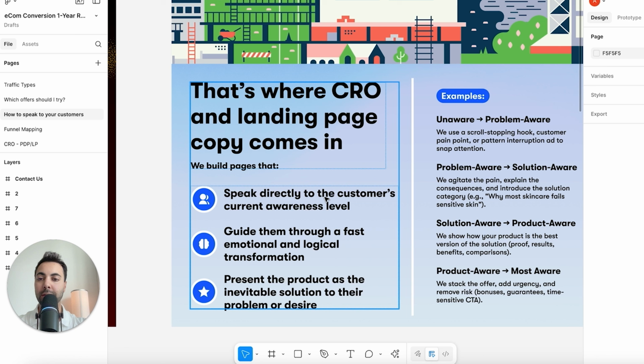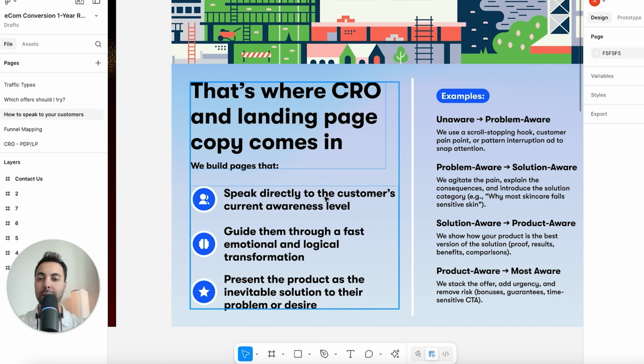So to start off, we have Eugene Schwartz, who by many is considered the godfather of modern advertising and copywriting. A lot of marketers, direct response, and e-commerce copywriters will quote him as the godfather of copywriting and modern marketing. It's usually Eugene Schwartz and David Ogilvy, but Eugene Schwartz really nails it with a lot of his concepts. And one of his core concepts we're going to talk about now is the 5 levels of customer awareness.